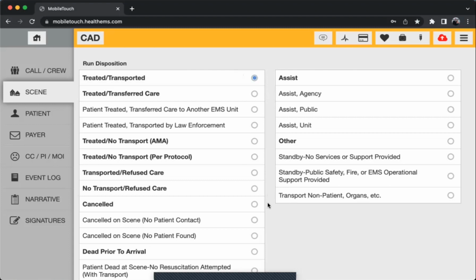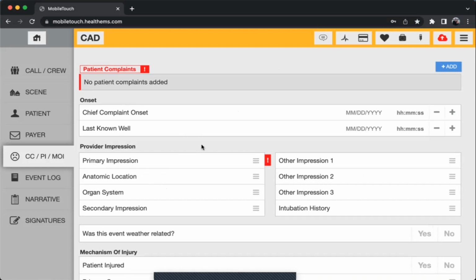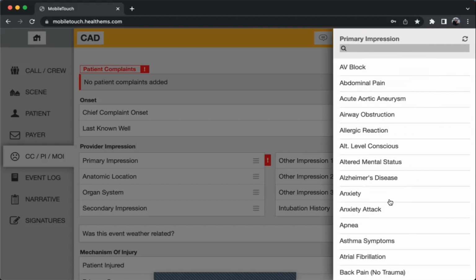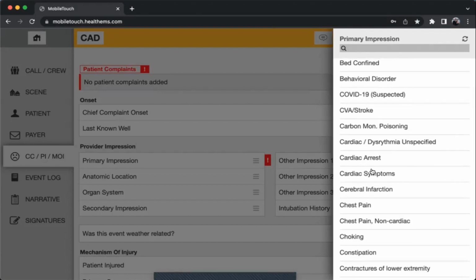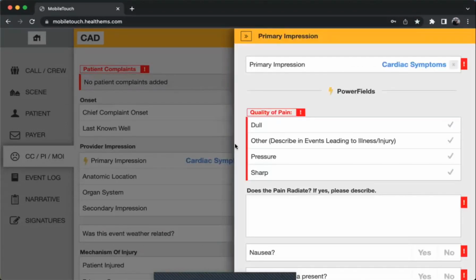First, the biggest change is going to be when you come to the chief complaint section. The thing that you want to understand most about the new system is that you need to link your primary impression to which narrative that you want to actually generate. So for example, coming through here, if I select a primary impression of, let's say, cardiac symptoms, all of the